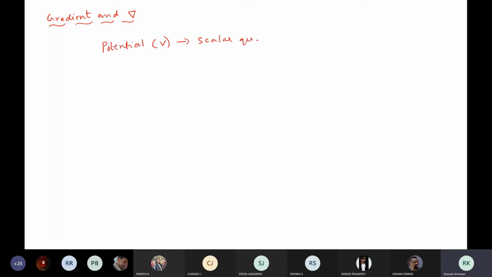I take a scalar quantity which is like potential. And then what we do? We perform a vector operation on it. I'll write this as differentiation, dou V by dou r, in some region, and this is r cap. If I do some vector operation on a scalar quantity, and the product is a vector quantity, then, okay,